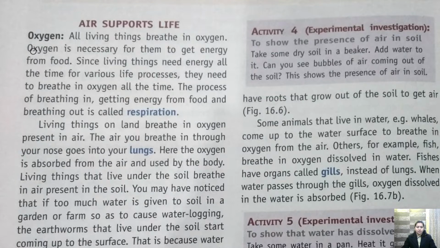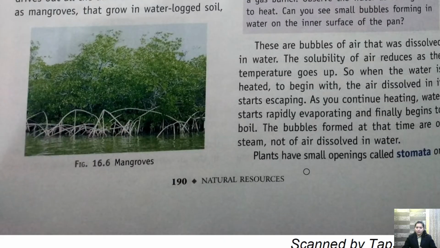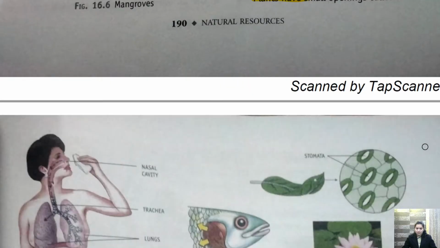We have talked about oxygen. Oxygen is required to breathe for respiration. I think you are clear about the two terms, breathing and respiration. I have already explained it to you, so I'm not going into detail of this. Now, plants have a small opening called stomata